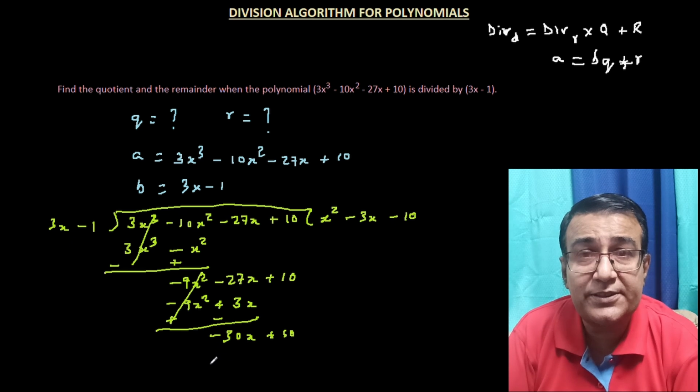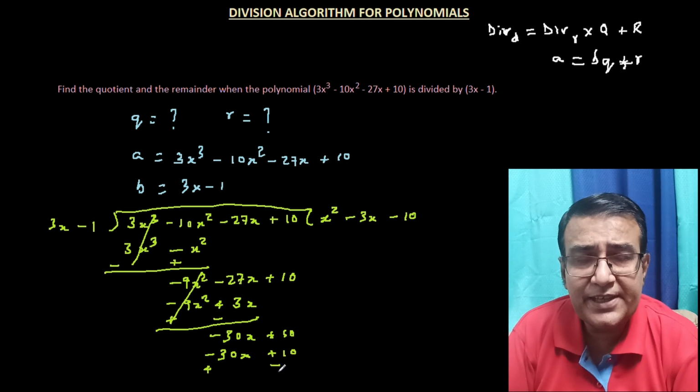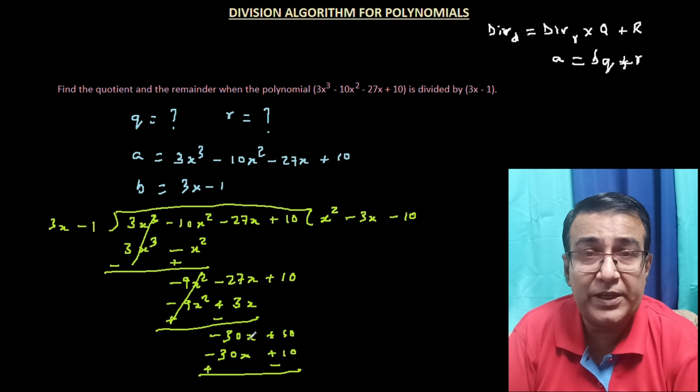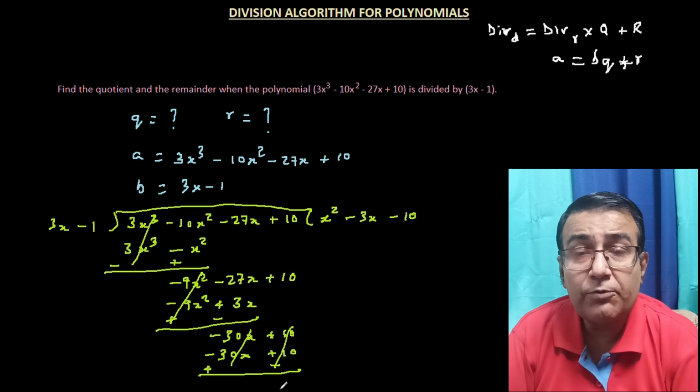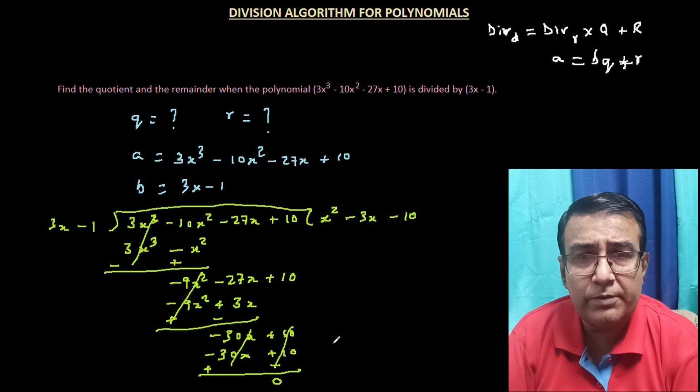Minus 10 times 3x gives us minus 30x. Minus 10 times minus 1 gives us plus 10. We subtracted, this becomes positive, this becomes negative, this gets cancelled and this gets cancelled, so we are left with a remainder of 0. And now we have found out what the quotient is and what the remainder is,